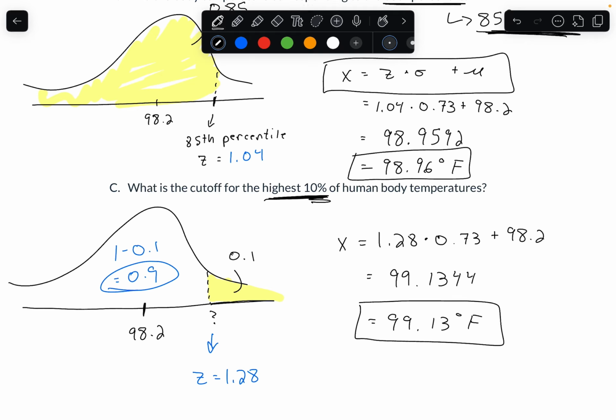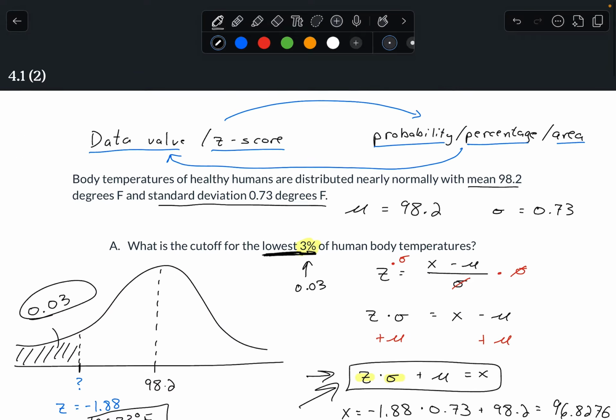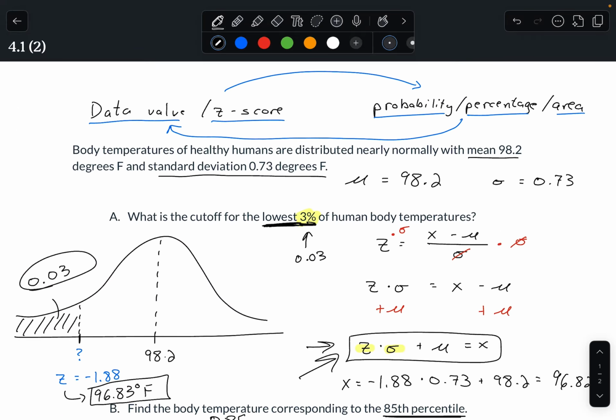As you're working through the homework problems for this chapter, just be aware and be thinking about, okay, are we starting with that real world data value, or are we starting with that probability, that percentage, that area? Because that informs what part of the Z table that you're going to look at and